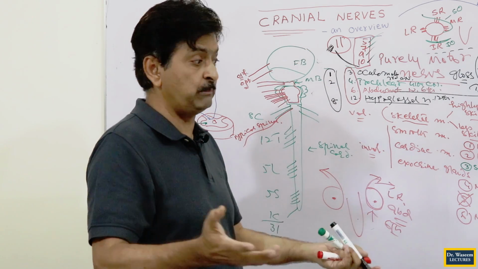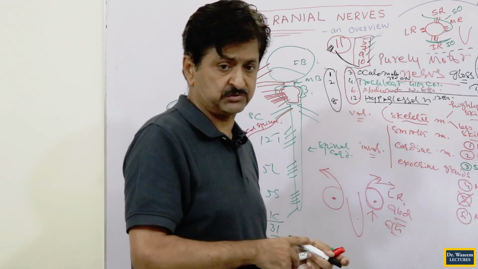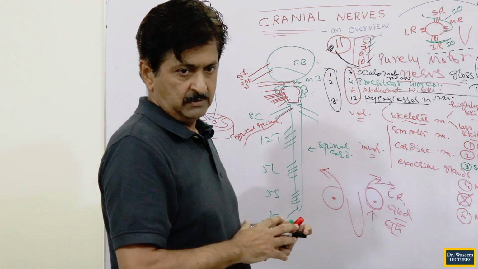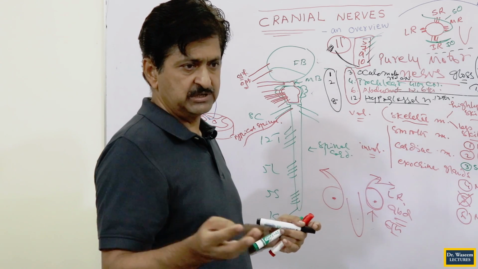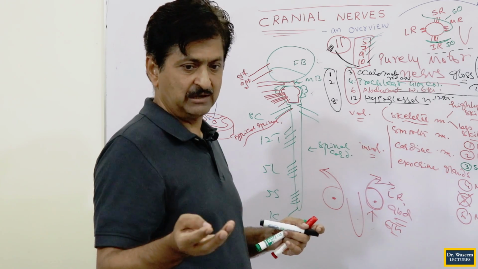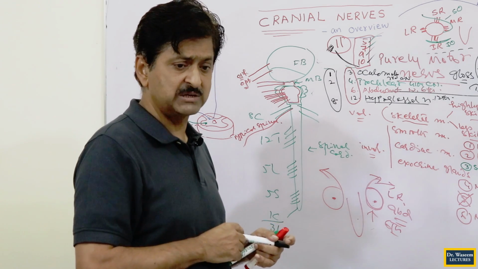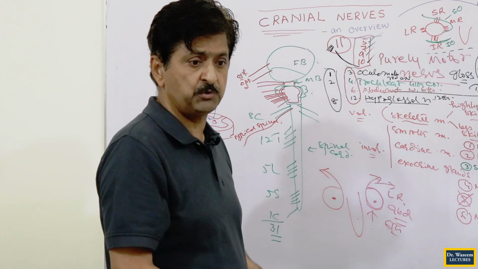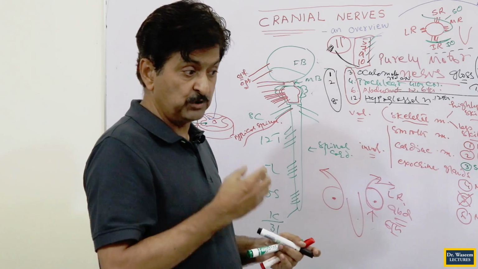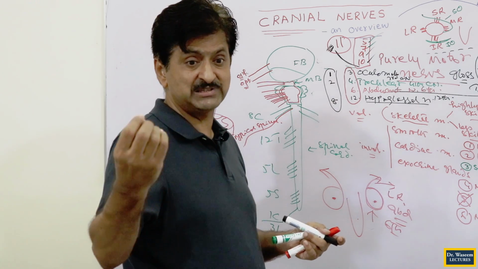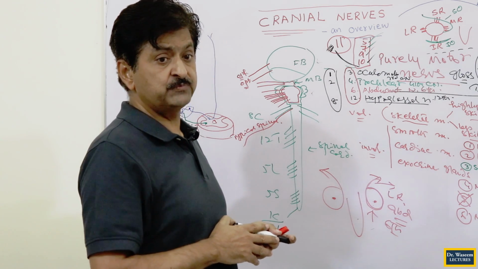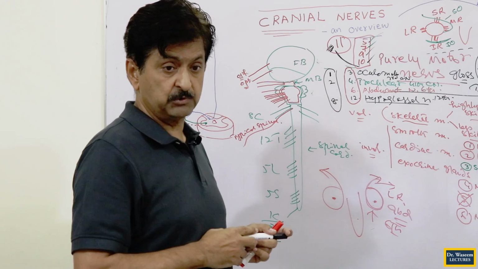Now, these nerves are purely sensory, purely motor, these groups. How will you call them, why are these purely motor, purely sensory and mixed, and in which way can you remember them? Don't just remember the names or numbers by heart. You see why they are mixed, why they are purely sensory, why they are purely motor. What is the concept behind that? Why have the nerves been given this protocol here?